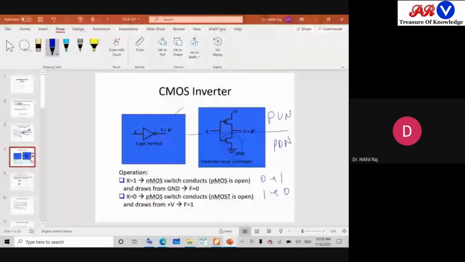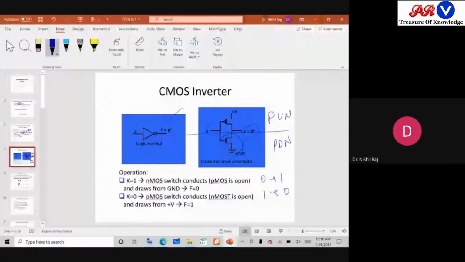So it is constructed. So what happens when input X is 1? We know for the NMOS we need a positive gate voltage. So for logical 1, this NMOS will be on, and whatever is the stored value at F will get passed to the ground, because it will behave as on. Once it is on, all the charges stored at the output will flow into the ground, and it will be discharging to 0. So with logical 1 input, after some time we achieve 0 at the output.